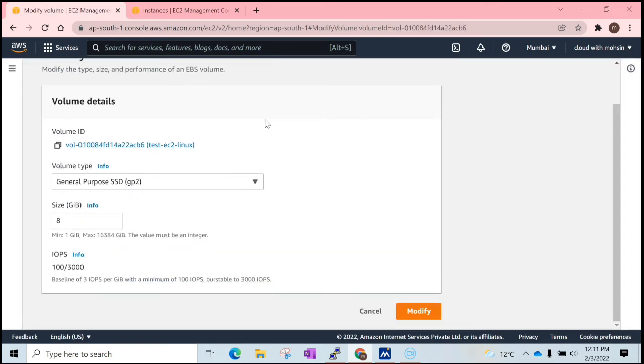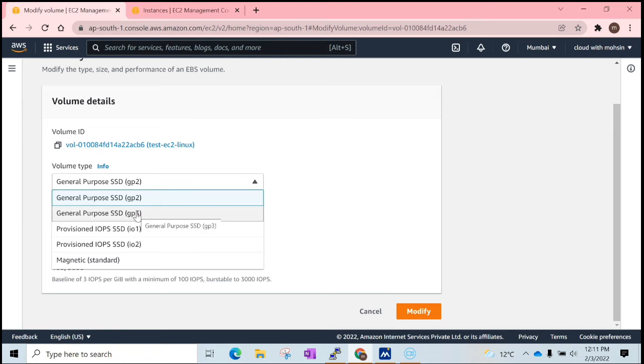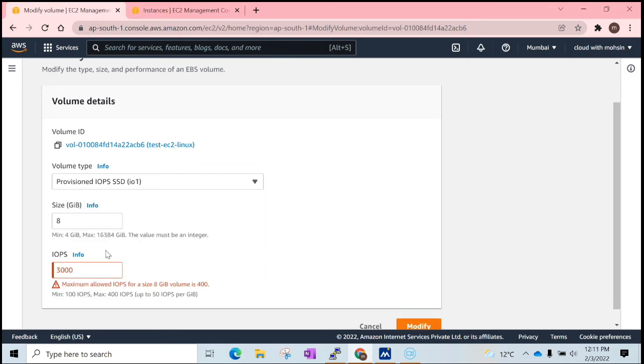Here, this is the original volume type, which is general purpose SSD, called GP2, and the size is 8 GB. So I need to modify it. Say, for example, I need to change it to provisioned IOPS, which is rich in IO operations, so this is a totally different storage type. I'll select provisioned IOPS, and here I'll change it,